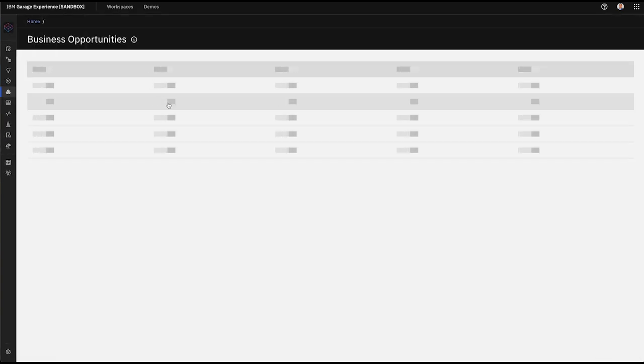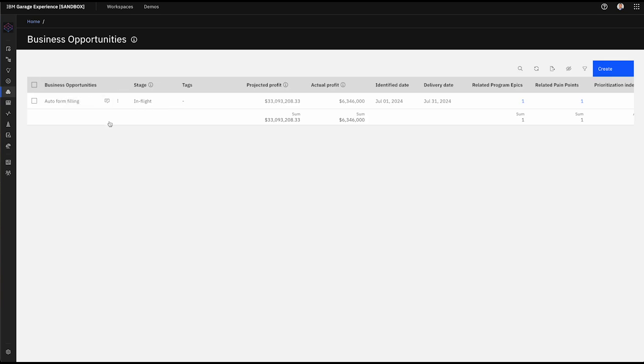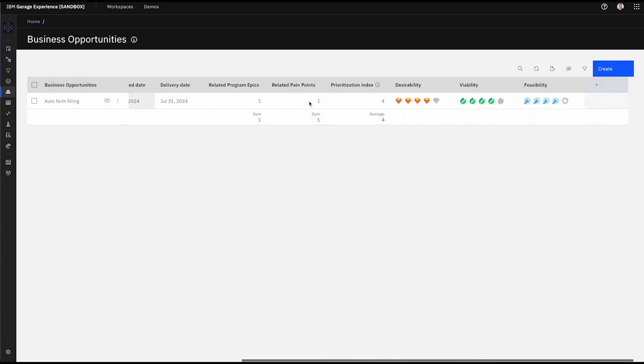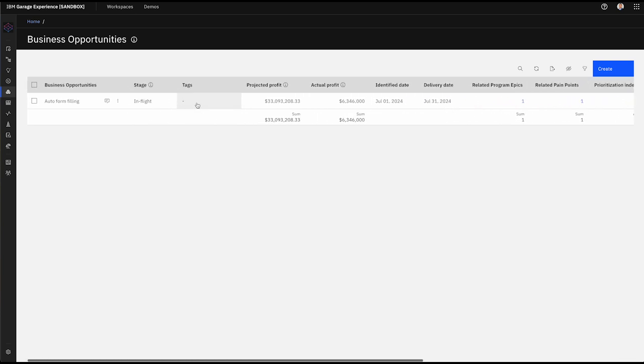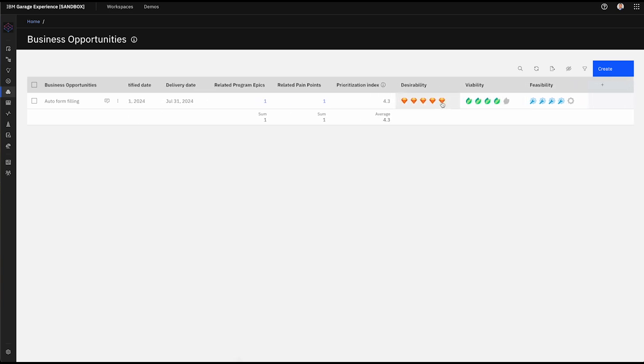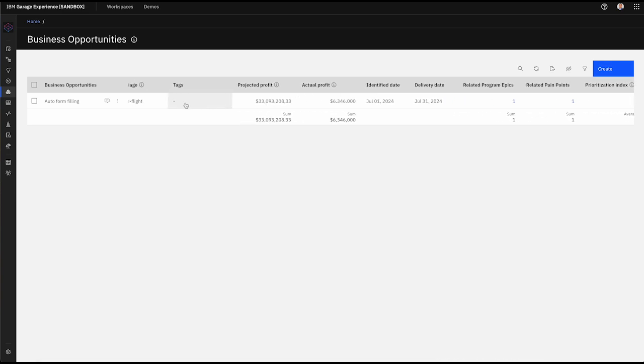But one other thing I wanted to show is in the business opportunity canvas itself, there are additional capabilities and features we have. You can see all the details we entered so far showing up here. And some of these are editable, so you could change them on the fly from the table itself. And some of them you have to enter into the opportunity to change. Some of the additional features we have is that we can add columns to this table to add additional parameters that you would need. For example, if there is a need to create an ID,